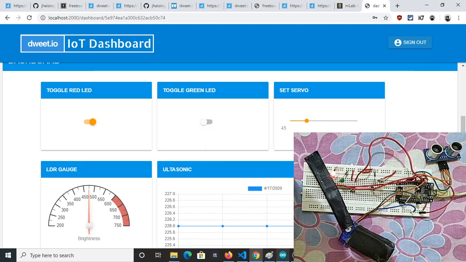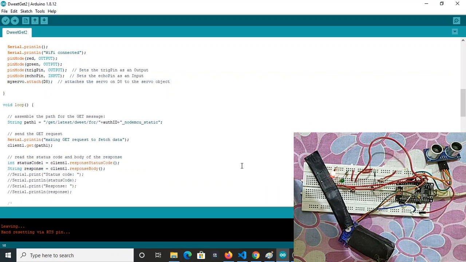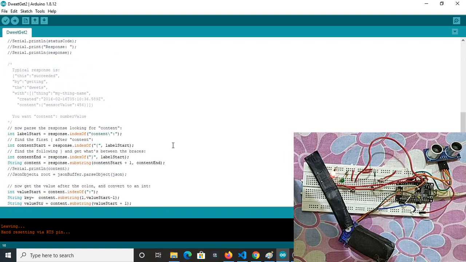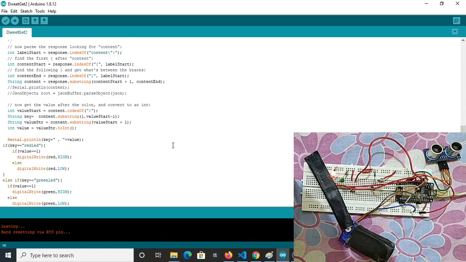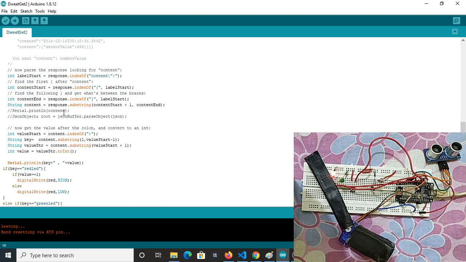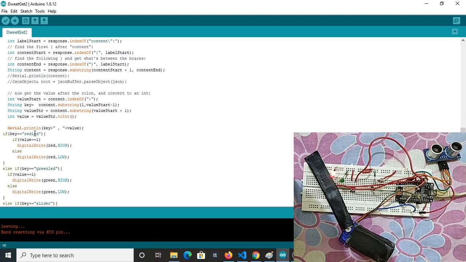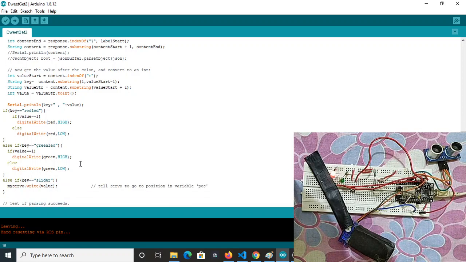And let's check the code first. As soon as we get the response, as we all know the response is JSON data, we check the response, and in the key of red LED, if we get a value of 1, we make the red, which is defined as the pin, high, we make the red LED high, and else we make it low.